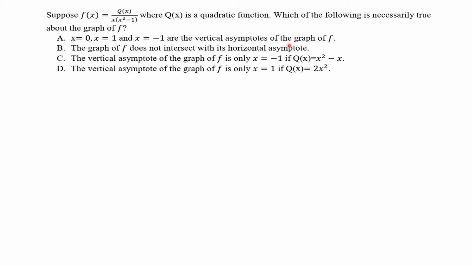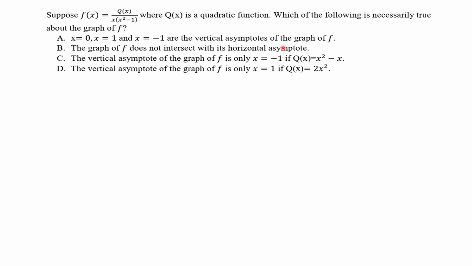ቢ ላይ ስናይ the graphs of f does not intersect with the horizontal asymptote የሚለው first what is the horizontal asymptote of this graph ይሄ ዲግሪ 2 ነው፣ ይሄ ዲግሪ 3 ነው። ስለዚህ the degree of numerator is less than the degree of denominator. የላይኛው ዲግሪ ከታችኛው ዲግሪ ካነሰ ዘን y እኩል ነው 0 ነው ሆሪዞንታል አሰምፕቶት ብለናል። ስለዚህ የላይኛው ዲግሪ ከታችኛው ካነሰ ሆሪዞንታል አሰምፕቶታችን ምን ጊዜም y እኩል ነው 0 ነው የሚሆነው። የዚህኛው ዲግሪ 3 ነው፣ የዚህኛው ዲግሪ ኳድራቲክ ፋንክሽን ስለሆነ 2 ነው። ዘን 3 ከ2 ስለሚበልጥ ወይም 2 ከ3 ስለሚያንስ